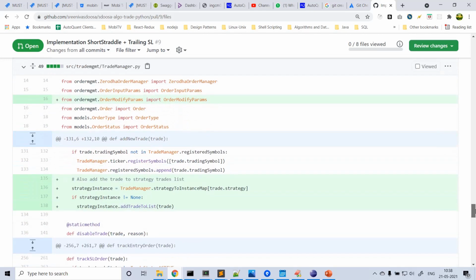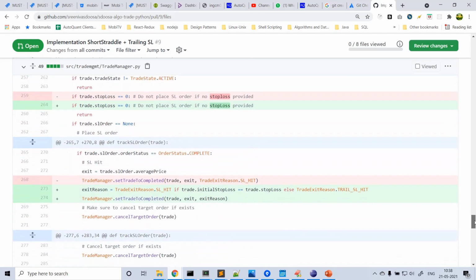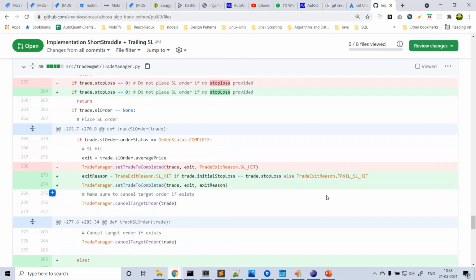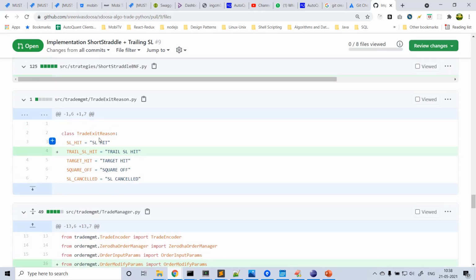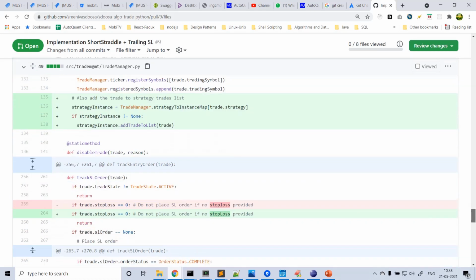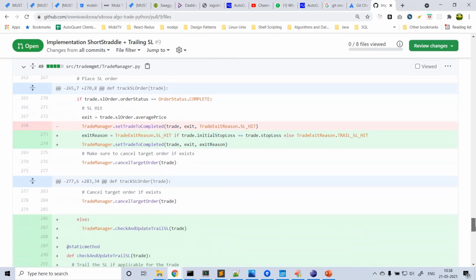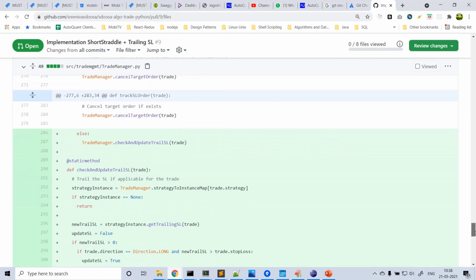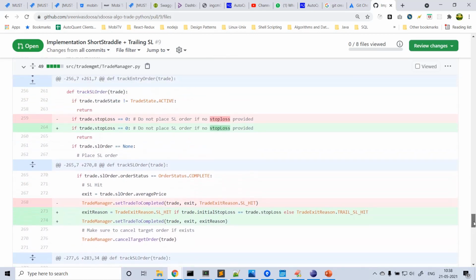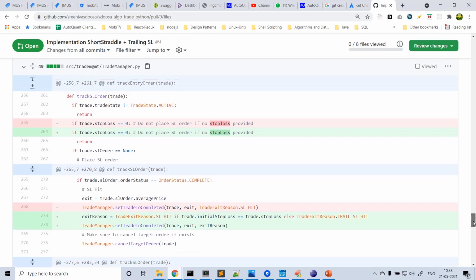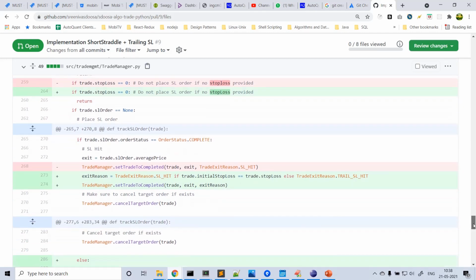Another thing, am I missing something? Yeah, another important point is I have added one new exit reason here. Earlier we had only these reasons in trade exit reason: SL hit, target hit, square off, SL cancel. I added this new one, trail SL hit. What happens is, when you are going to set a trade to complete, we check whether the SL is hit. So if you come here,